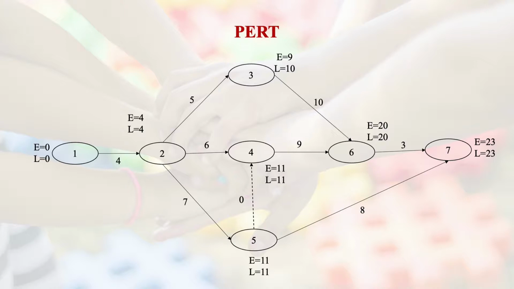Now there are two more terms, E and L, over here. Their meaning is earliest completion and latest completion time. But we are not going to talk about them right now, because in the next session we will be discussing how to compute these times. Over here the purpose is to show you the diagram, and there is a dummy activity, what we were discussing, from 5 to 4. It is shown with a dotted line. So there is a dummy activity also in this particular chart.